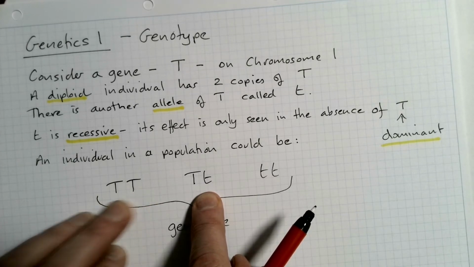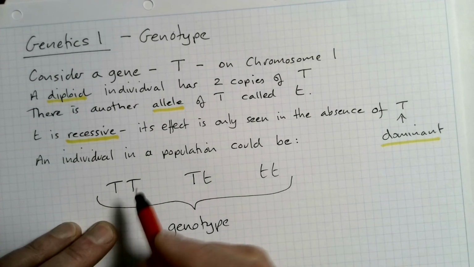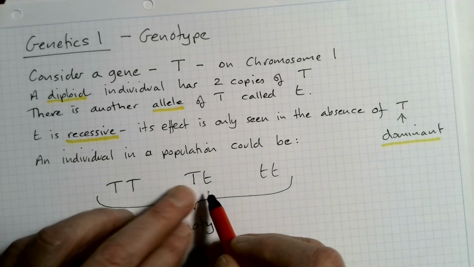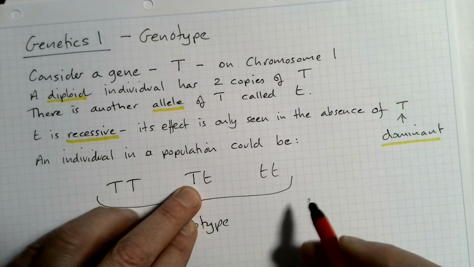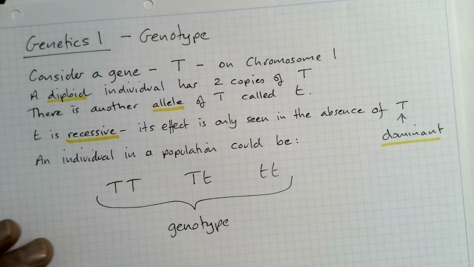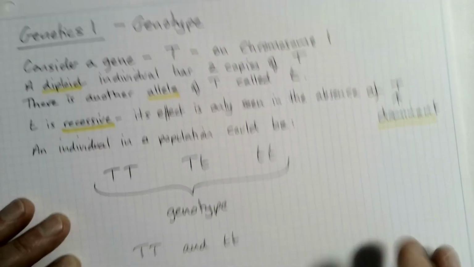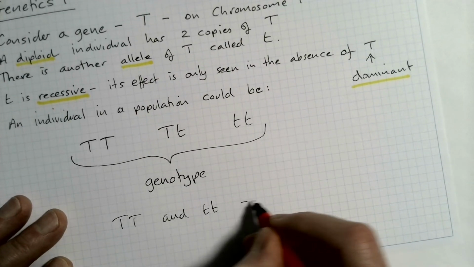So it can have two copies of big T, one copy of big T and one copy of little t, or two copies of little t. Now, when we have two the same, so big T, big T, and little t, little t, these are known as